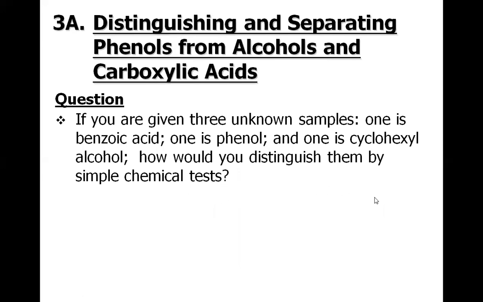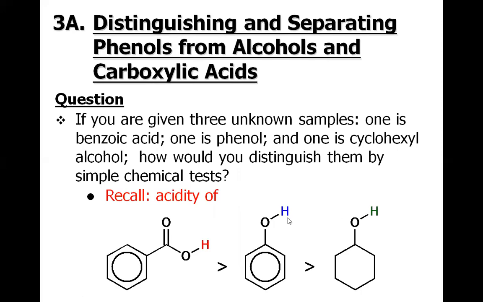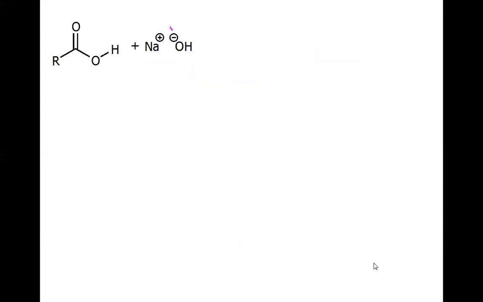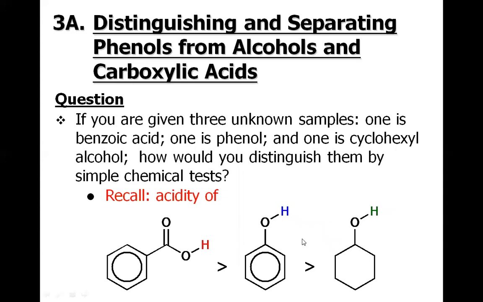How could we distinguish between them by doing a chemical test? Before solving, let's recall the acidity. Benzoic acid is definitely the most acidic, with a pKa value of around 4.5, then the phenol, which is 9.89, and the cyclohexyl alcohol, which is around 18 pKa value. So we know that the phenol is acidic, and carboxylic acid is obviously acidic, but the alcohol is not